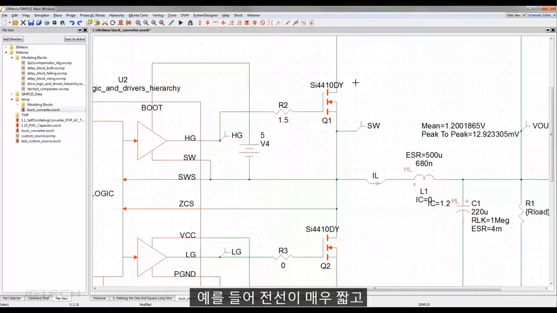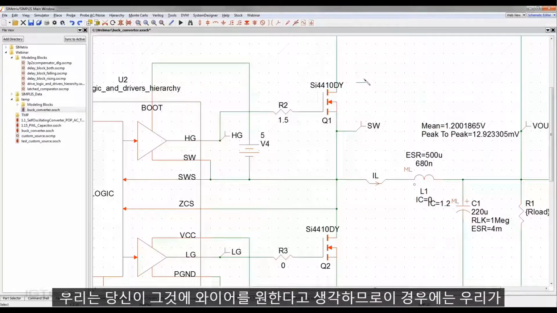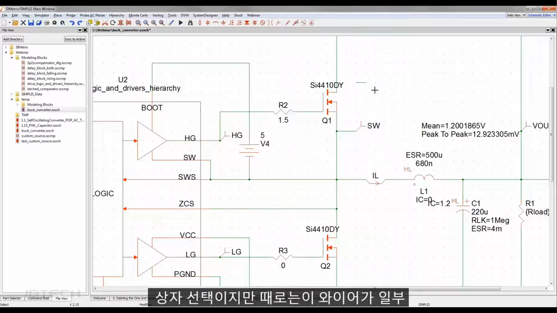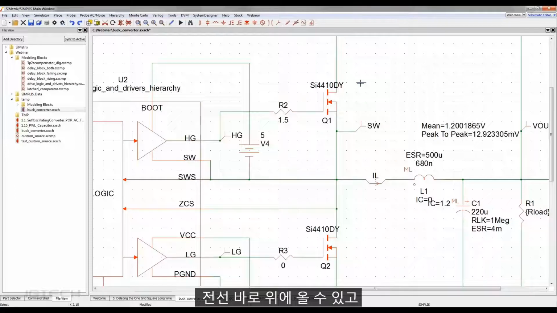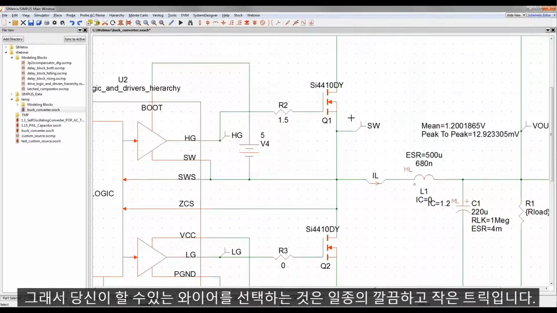So what that means is, for example, when you have a really short wire and you try and select it, you can't select it because as soon as you get within half of a grid square of it, we think you want a wire to it. In this case, sure, we could just do it with a box select, but sometimes this wire is hidden deep inside of some other symbol mess. So just press and hold the Shift key. You can get right on top of the wire and you can select it, and then press delete to delete it. So it's kind of a neat little trick